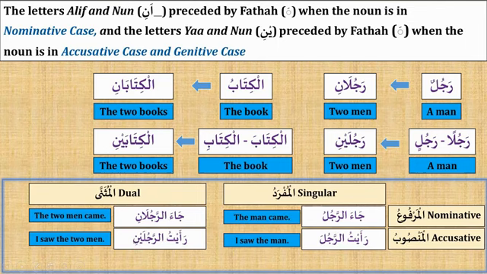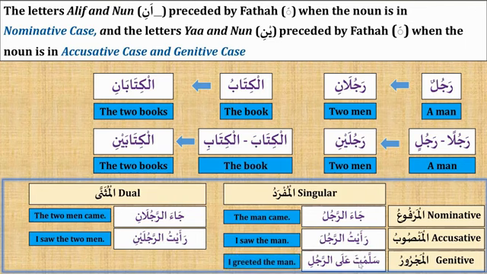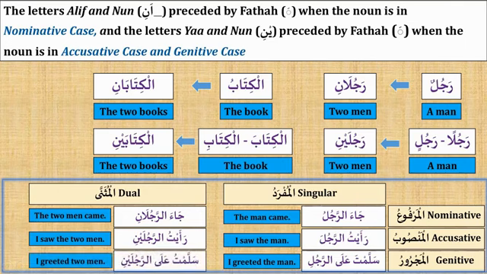The third case is al-majrur, genitive case. Sallamtu ala ar-rajuli, I greeted the man. And the dual form of this is sallamtu ala ar-rajulayn, I greeted two men. In both accusative and genitive case, the dual form must end with ya and nun. This is all for duals, and next